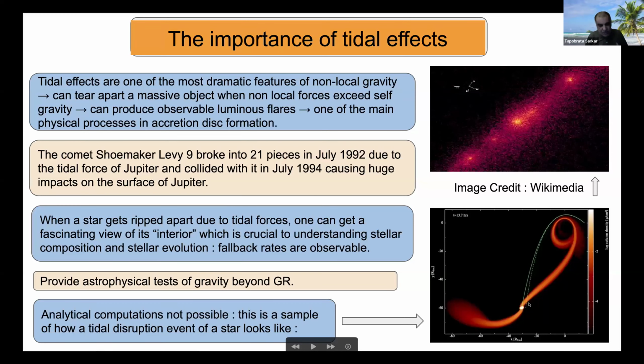So therefore, and this is, by the way, one of the very simplest types of phenomenon that I have depicted. And there can be more complicated things where there is a binary, both of which are rotating around each other and stuff like that. But in any case, this calls for a numerical treatment of the whole phenomenon.